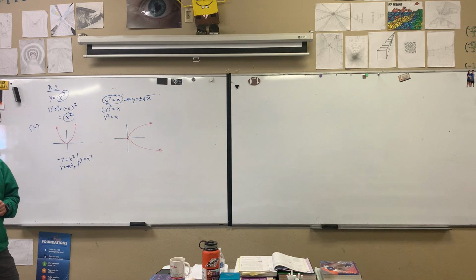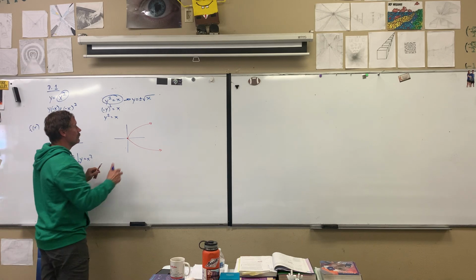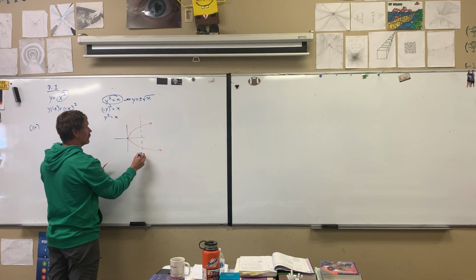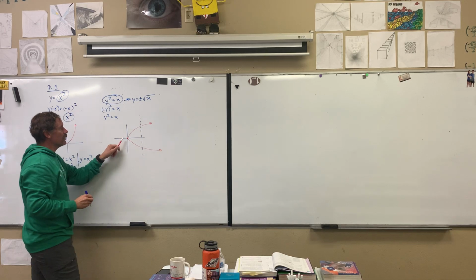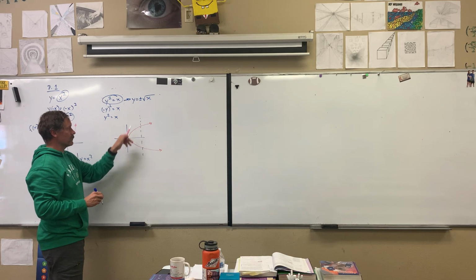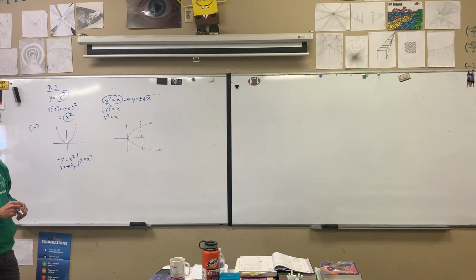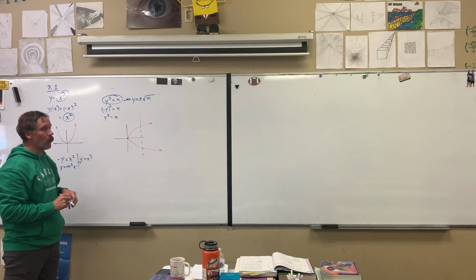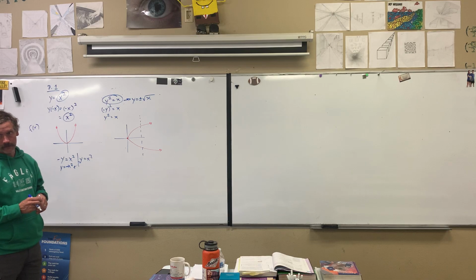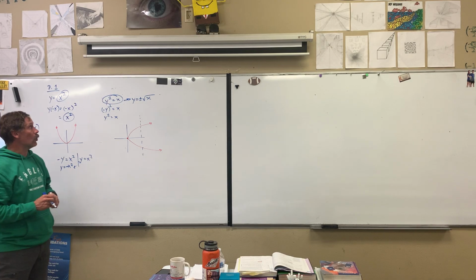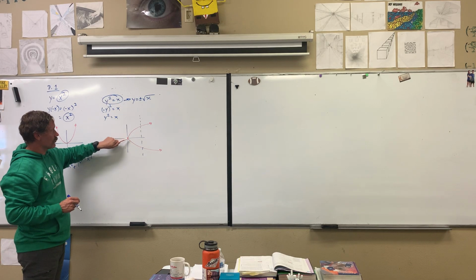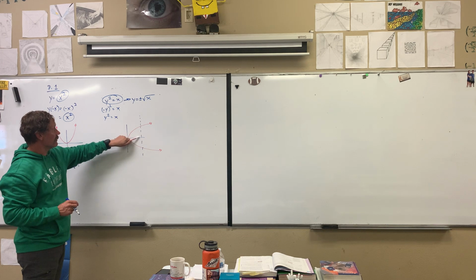So not a function. Why isn't this a function? Because it goes through the vertical lines. Yeah, it doesn't pass the vertical line test. Now individually, the upper is a function, the lower is a function, but together it's not a function because every x can only map to one y for a function. Okay. But that's how you could graph it, and sure enough, this has symmetry in the